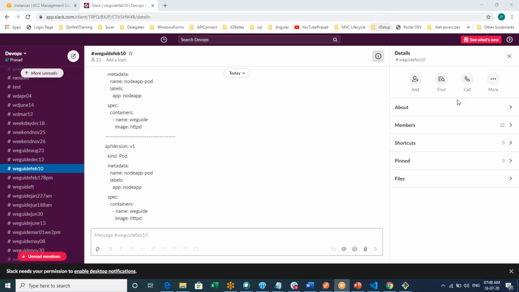Is it the parsing error that you're getting? Yes, it is a parsing error. I think it's some syntax issue. Can you just share?